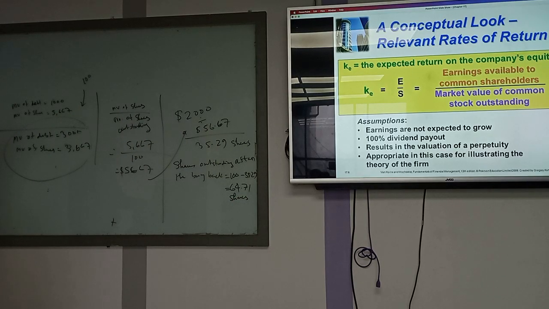ক্লিয়ার? আচ্ছা, এই যে দেখেন এখানে কত ছিল আমার ডেট? 1000. পরে আমার ডেটের অবস্থা কি হলো? 3000 হলো। বাড়লো কত? 2000 বাড়লো। আমার শেয়ার কত ছিল? 5000 সামথিং। এখন কত? 3000 সামথিং। তার মানে এখানে কতটুকু শেয়ার কমলো? 2000. তার মানে আমি $2000 এক্সট্রা ডেট ইস্যু করেছি টু বাই ব্যাক দিস 2000 শেয়ারস ফ্রম দ্য মার্কেট। যখন মার্কেট থেকে আপনি বাই ব্যাক করবেন, তার মানে তো ক্যাপিটাল স্ট্রাকচারটা চেঞ্জ হয়ে যাবে, রাইট?